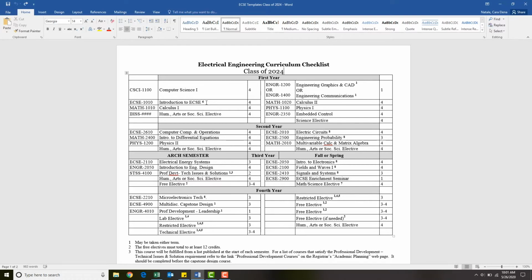In deciding whether or not you want to take Intro to ECSE this fall, think about how dedicated you are to the electrical engineering major. If you take ECSE 1010 and then decide later you want to major in something outside of electrical or computer systems engineering, you will have to go back and take Intro to Engineering Analysis. So I would say if you're very sure that you want to do electrical or computer systems engineering, or you're not entirely sure but would like to take this class to get a better sense, this could definitely be a good option for your fall semester.